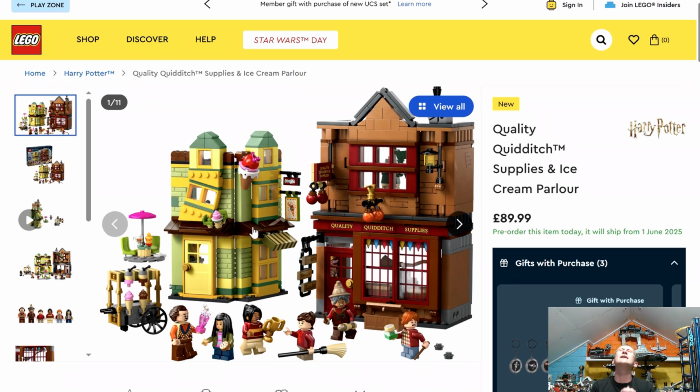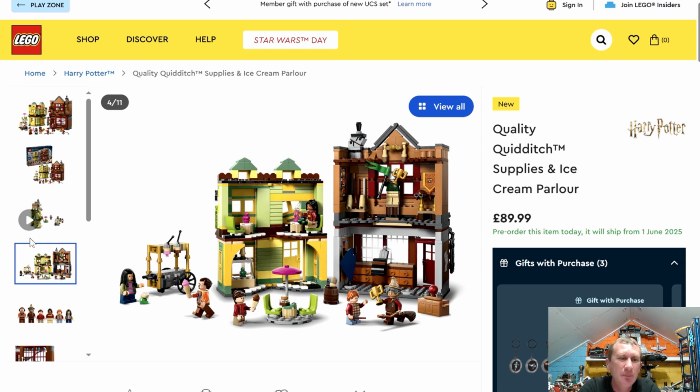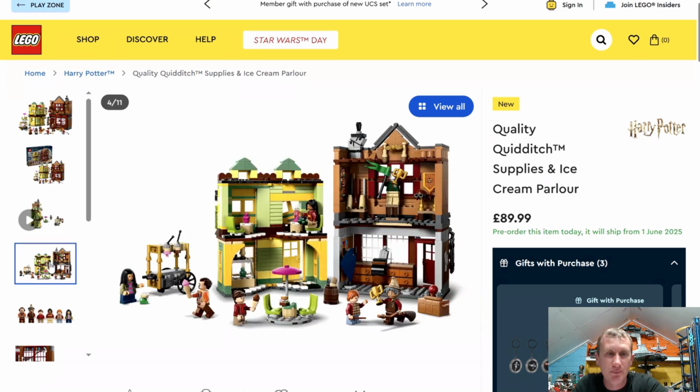And I said this before, I really hope that they do carry on with the alleyway and the UCS scale. Even if it's just a pair, we don't need 4 of them, just give us 2. And then we can just make it a little bit longer, or we can go down a different alley or whatever it is like that. But again, minifigures that you get look great. So you do get 6 good looking minifigures with that,